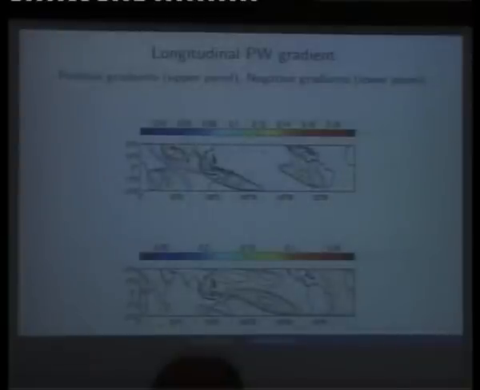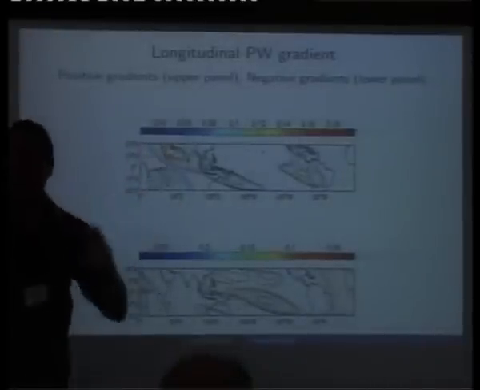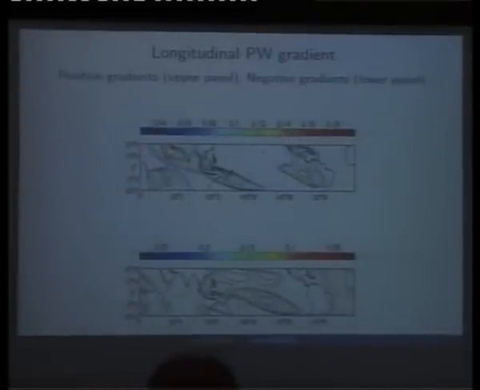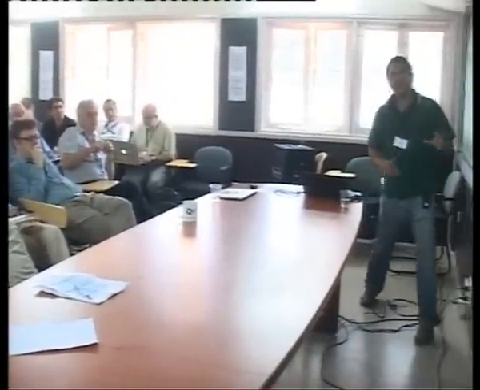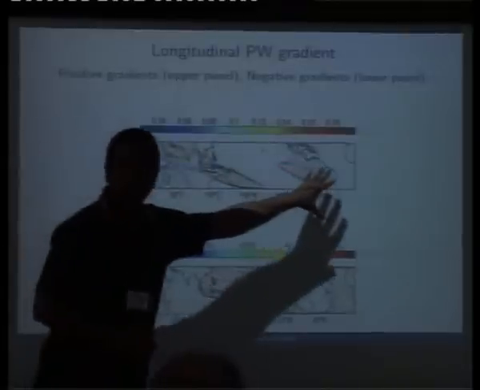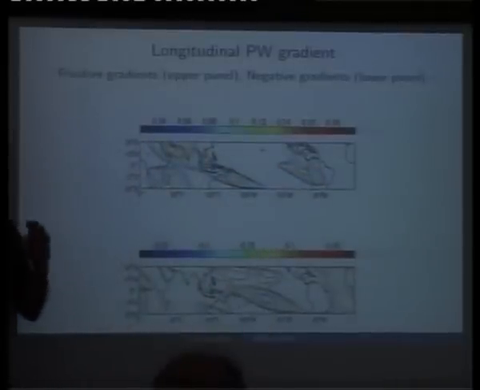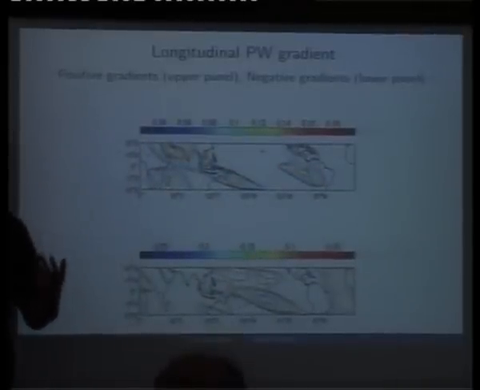I am saying that basically the longitudinal region that you have is roughly demarcated by these gradients. I'm not saying there is a strict correspondence. There is not a one-to-one correspondence. It's just a rough measure that these gradients have something to do with tropical intraseasonal activity, especially their directionality, which